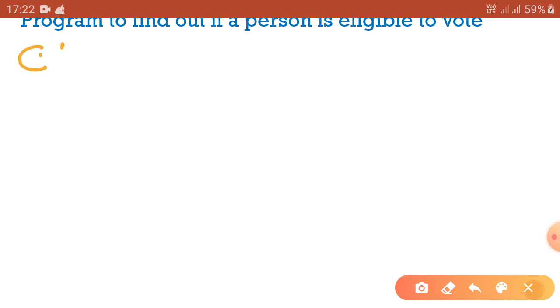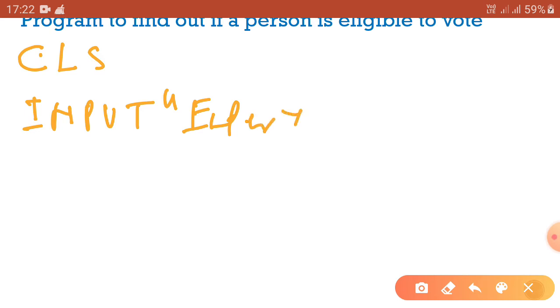At first we are writing CLS as usual to clear the screen, then we are taking the age, so input "Enter your age", and we are storing this value in the variable b, because we know we have to use the variable after the comma.